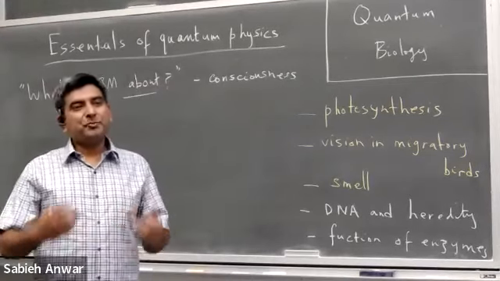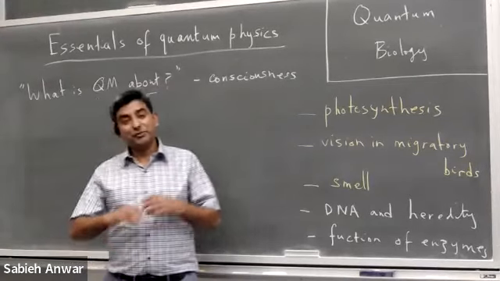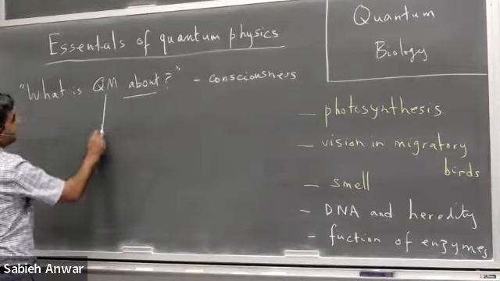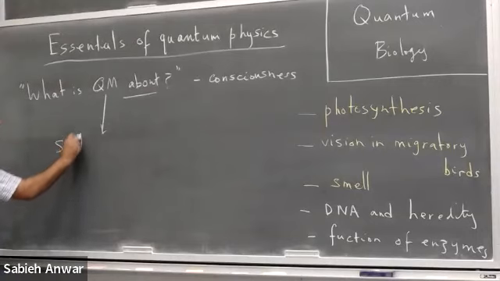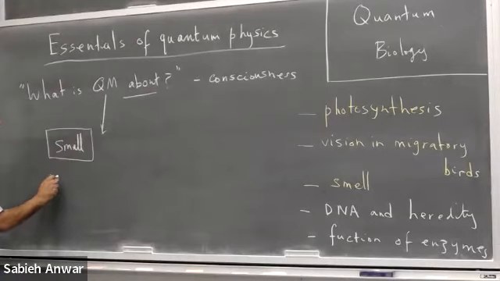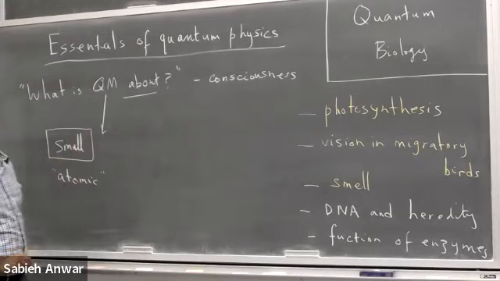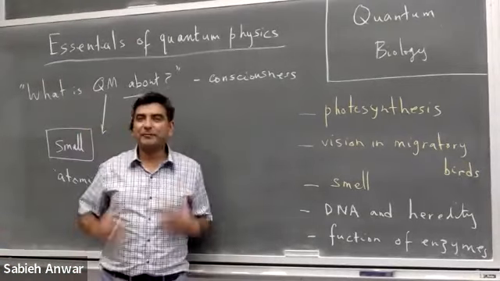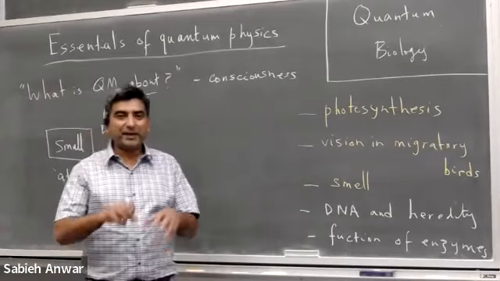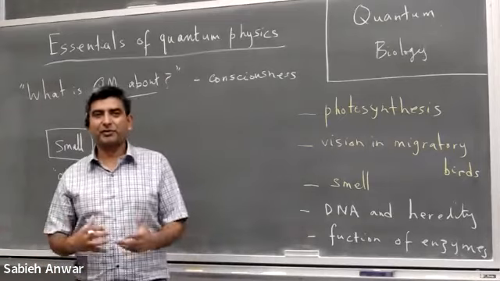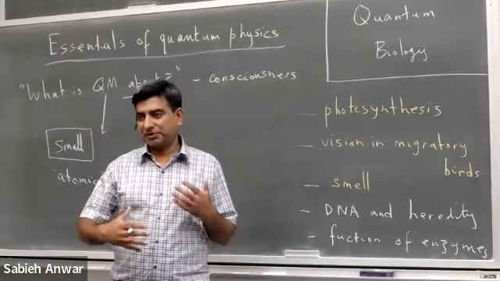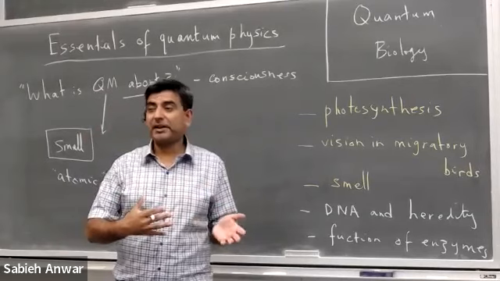Biology, on the other hand, or the human body, looks at macroscopic objects, bigger sized objects. So quantum mechanics generally talks about things that are small, small on an atomic scale, perhaps, or a molecular scale. But when we talk about biological systems or the human body, we're dealing with a macroscopic object. We're dealing with macroscopic cells, tissues, organs, and all those microscopic phenomena which are describable by quantum mechanics, they are